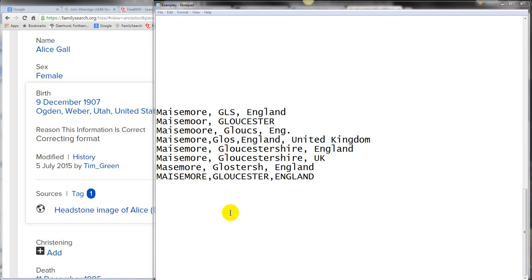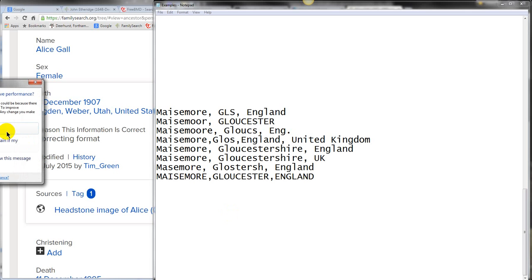But if you're adding information to FamilySearch Family Tree, your third-party program will automatically use the correct format that FamilySearch wants to use. And I think it almost goes without saying that I strongly recommend using the pattern of addresses used by FamilySearch, and I would encourage you to correct these things as you come across them.